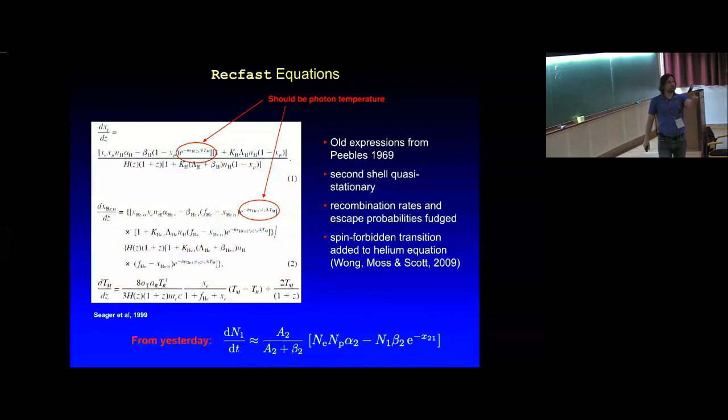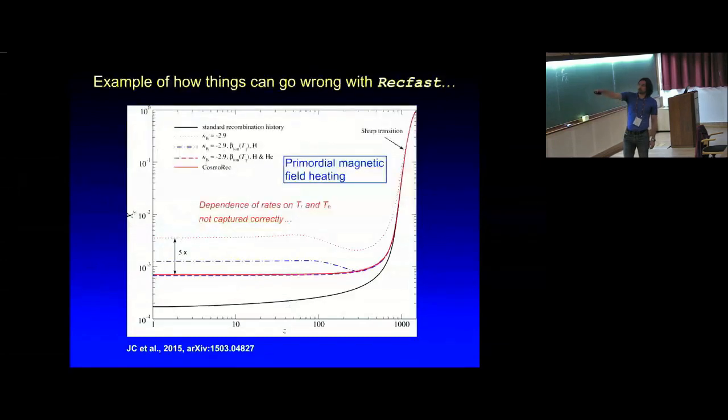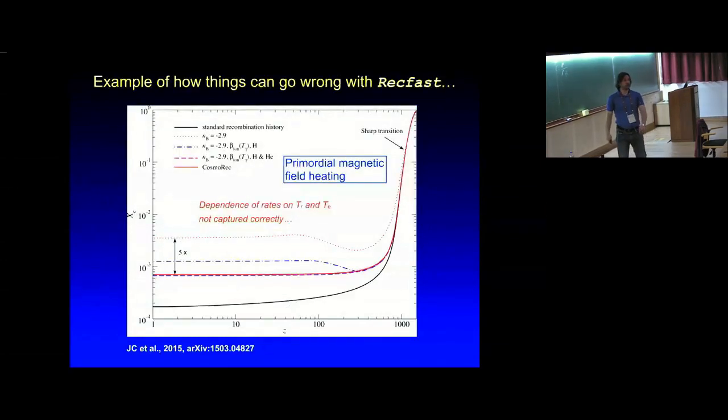But the photoionization rate is driven by the photons, which means the photon temperature should be there. It is an obvious thing, but the approximation which was done is that the photon and matter temperatures are the same, which at the late stages is not true because the Compton cooling and coupling is becoming inefficient. So that's why you get this quite significantly larger effect, because when you make the electrons hotter, it means